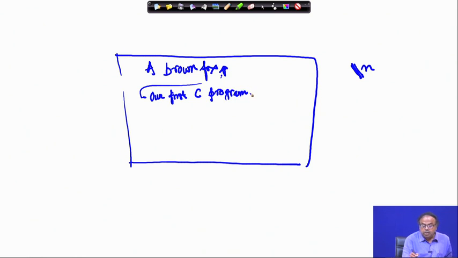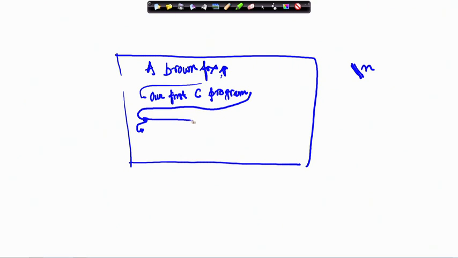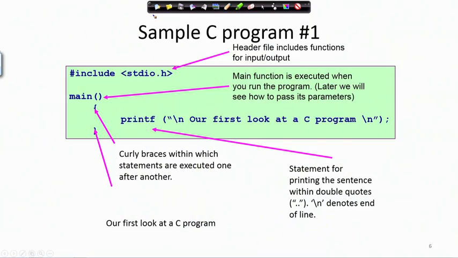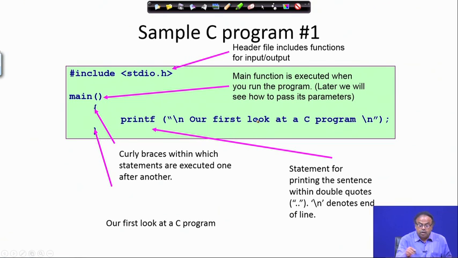By default my pen is here, but since I have given another \n, the pen will come here. So, next time if I again start with the \n, it will come to the new line, and if I do not give a backslash n, it will continue from here. You will understand this more when we look at more programs, it will be much more clear to you. So, this is a structure of a very simple C program, we will see more of this.